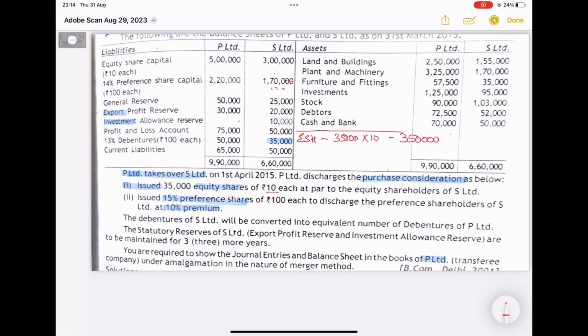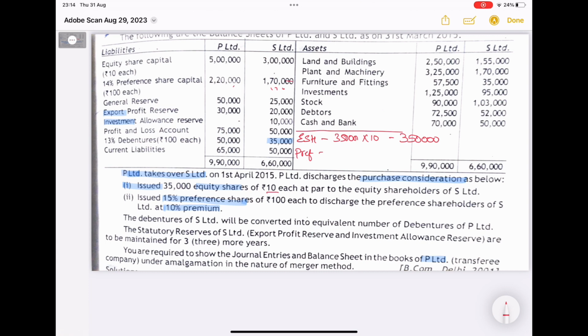Next we have preference shares. What they have given in the preference shares is 15% preference shares of 100 each to discharge the preference shareholders of S Limited at 10% premium, which means we have